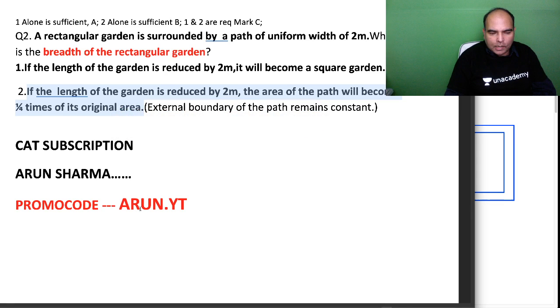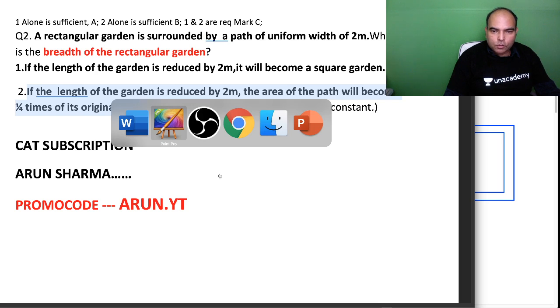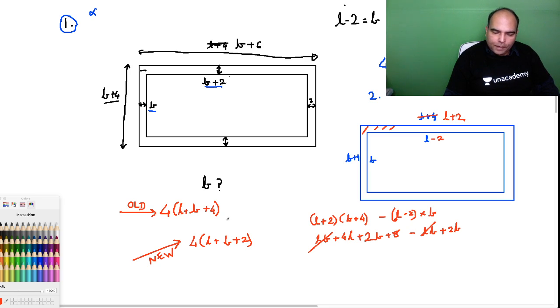If the length of the garden is reduced by 2 meters, the area of the path will become 1/4 times of its original area. Right? So if I look at this, 1/4 of this will be L plus B plus 4, so L plus B plus 4 should be equal to 4L plus 4B plus 8. From this we get a relationship between L and B, and the relationship is 3L,